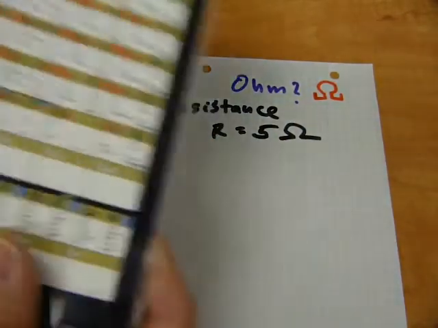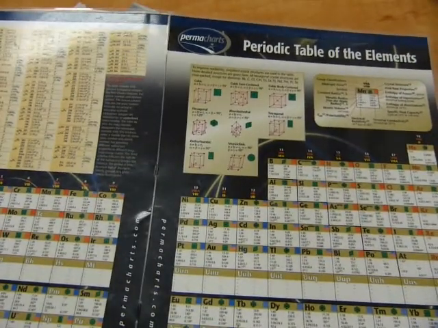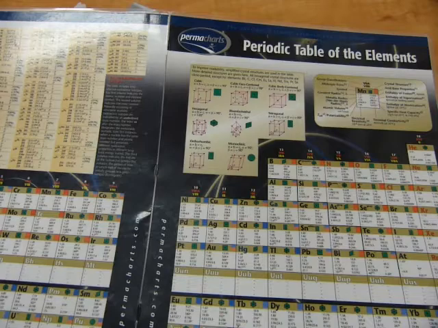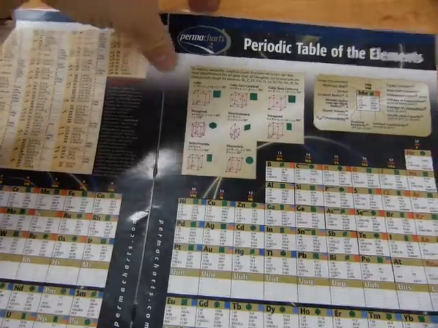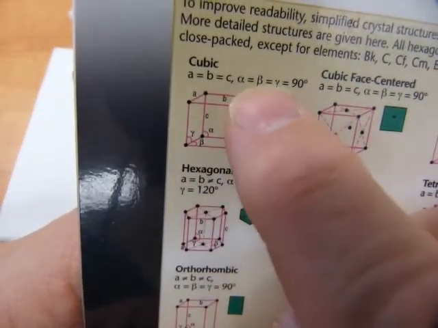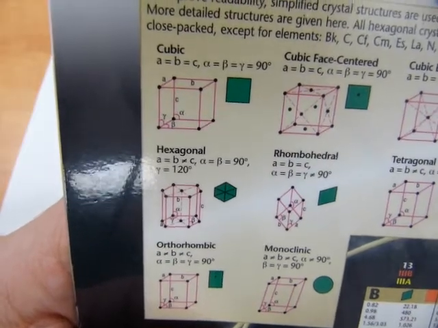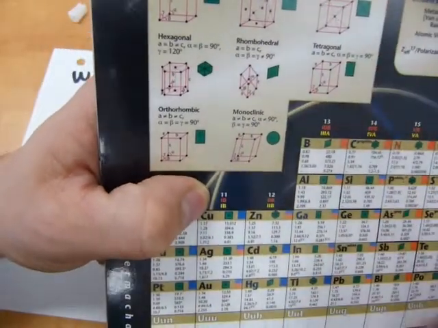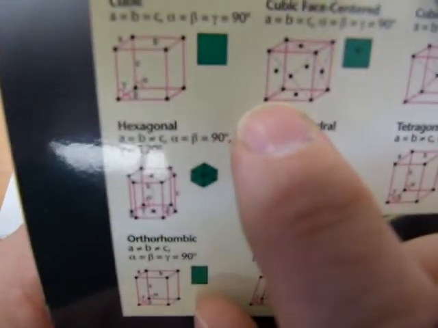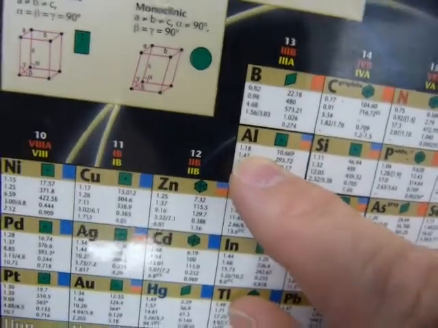Here is the periodic table of elements. All kinds of elements, solids, gases. When elements solidify, they're going to take up a crystal structure. You can see some of the crystal structures here in these pictures, where the atoms would be at the corners of a crystal. When the element solidifies, it just takes up that crystal structure, just like bam, the atoms know where to go on their own, and they pick up that structure and they line up like so. For example, here is aluminum or aluminium, depending on where you're watching,